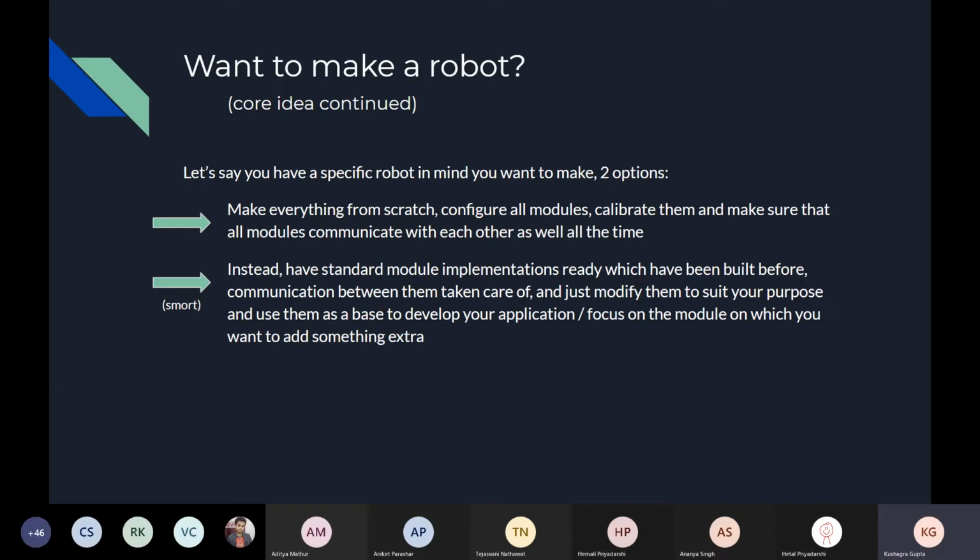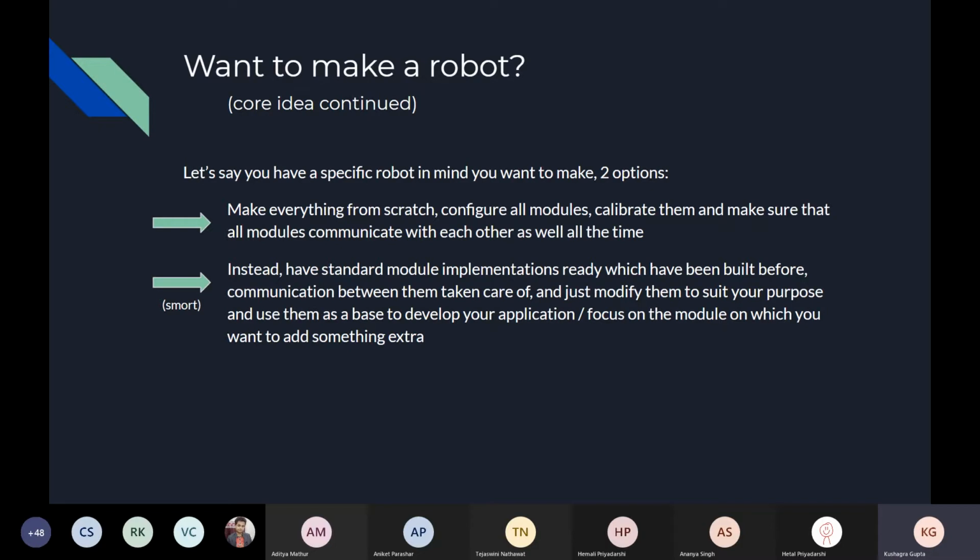All you have to do is give the system a command which tells it to run the particular module you want. And then on the standard modules, you can modify these to suit your purpose.